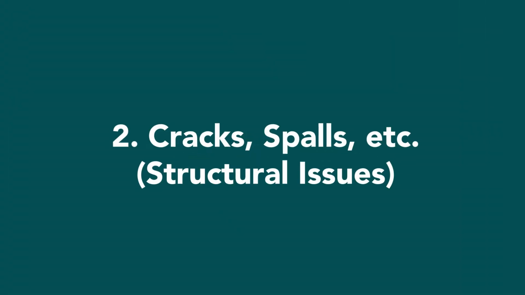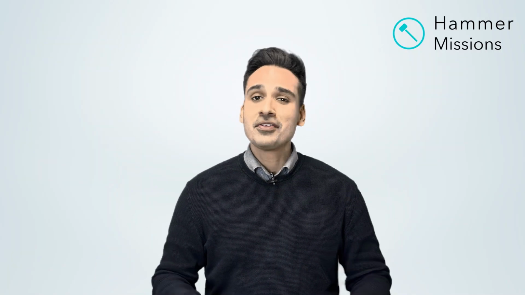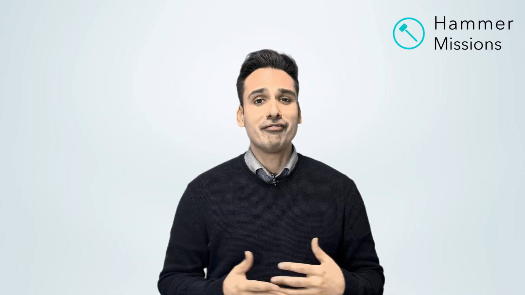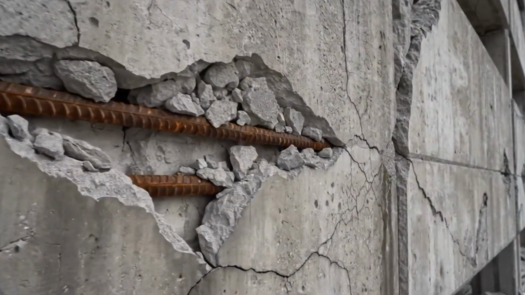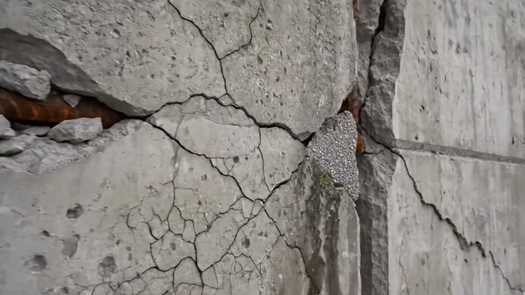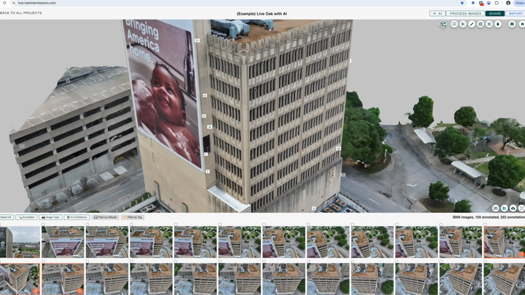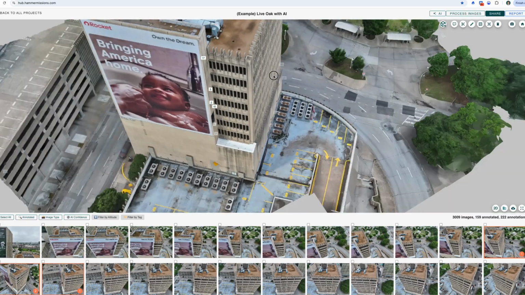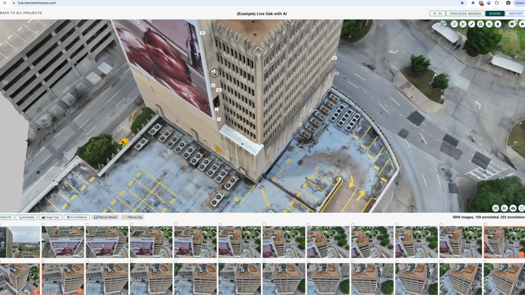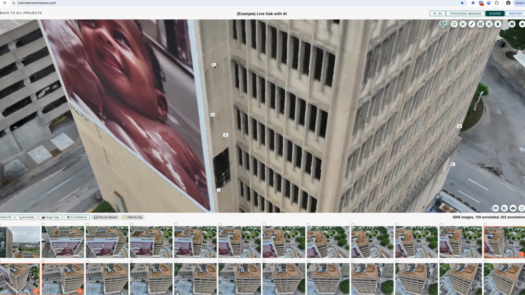Number 2, we've got essentially cracks, spalls, and all kinds of different structural issues. So if you think about facades and if you think about properties, a lot of them have issues that form over time. A lot of them show up as cracks and spalls and all sorts of different issues on the facade and the building exterior. And so whether or not these are weather-related damages, you can essentially find different types of issues on these properties, and you can actually now use AI to be able to find all the cracks, find all the spalls, and then give you a quantification of how much repair work needs to be done on a specific property,